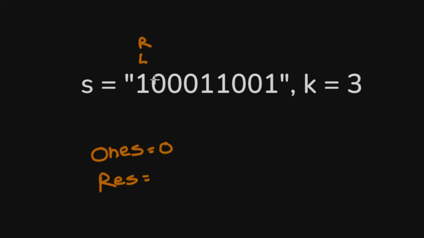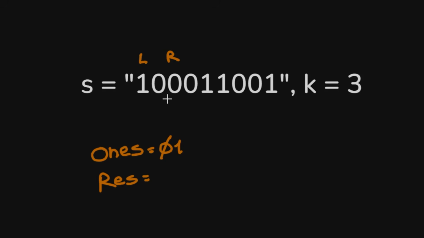This is initially 0. First we are here, and the first thing that we need to do whenever we move the right pointer is add the corresponding count to ones if this is a 1. So here we add 1 and this is 1. The number of ones is not equal to k. Remember that we need exactly 3 ones in a valid window, so we move the right pointer. Next right is here, so we are looking at this window, and given that this is different from 1, the number of ones stays at 1. We still have 1 one which is different from k, so the result stays empty and we can move the